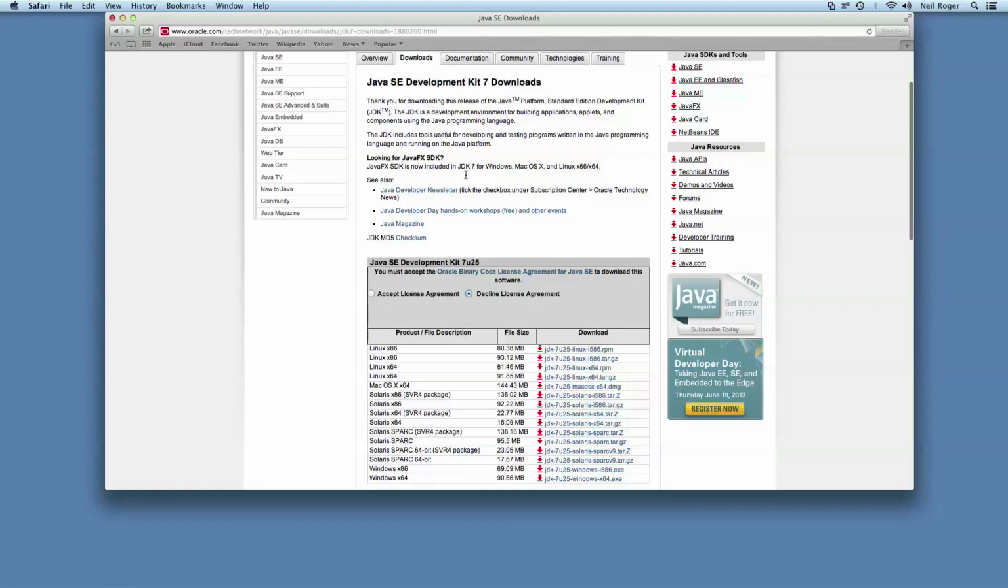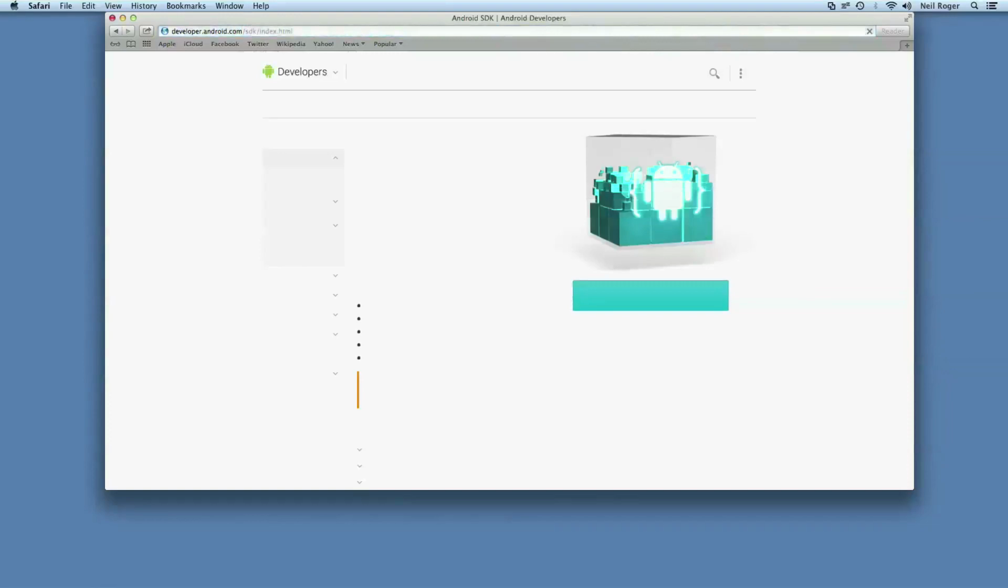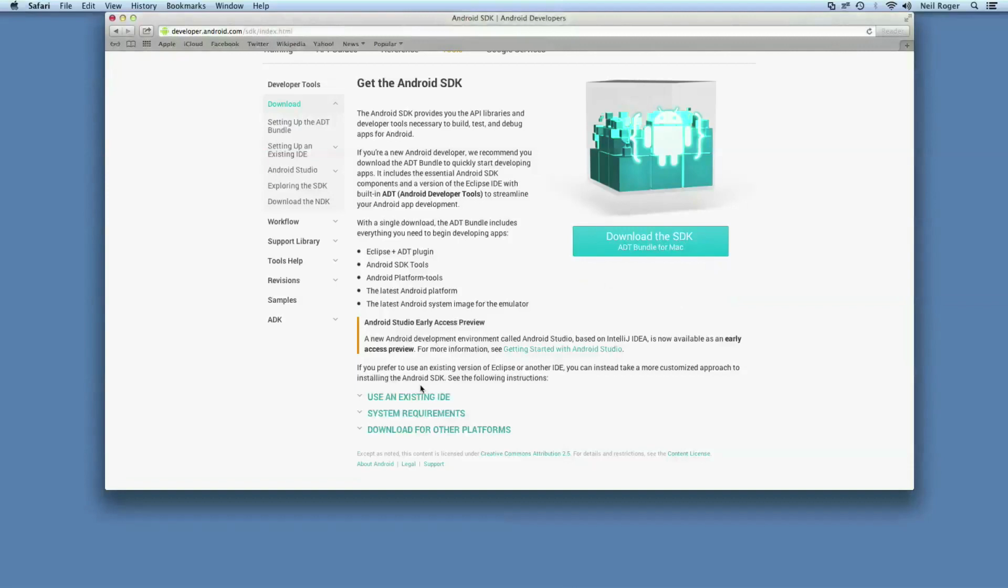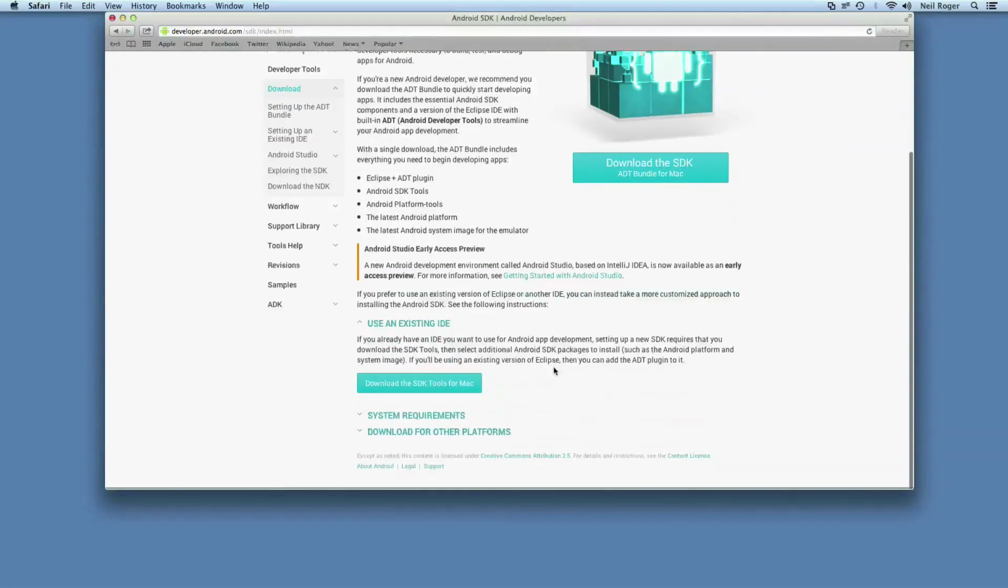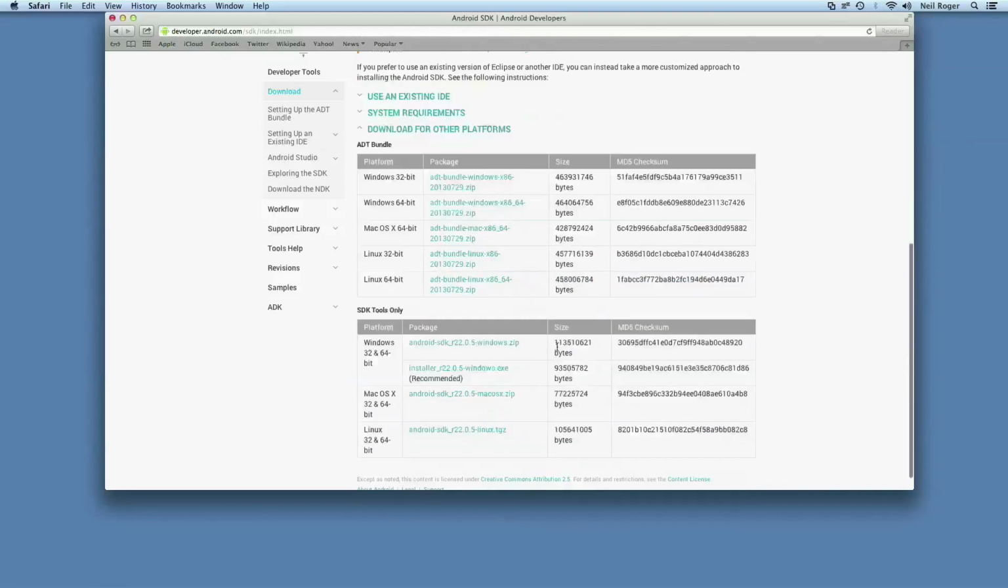After this is finished, the next step is that you will want to install the Android SDK. You'll be able to acquire the Android SDK for your platform from the following link. You'll see a big blue button here that says download the SDK, but we don't want to use that. We want to use the option of use an existing IDE, since we'll be using LiveCode. So here, you'll be able to download the SDK tools for Mac, and for Windows and Linux it should say the same, but if it does not, you can still download it from the bottom section here,